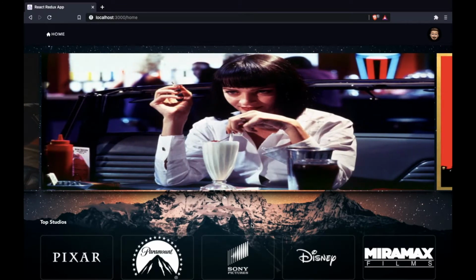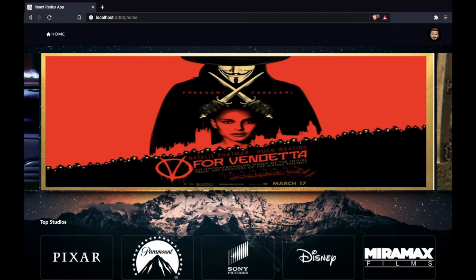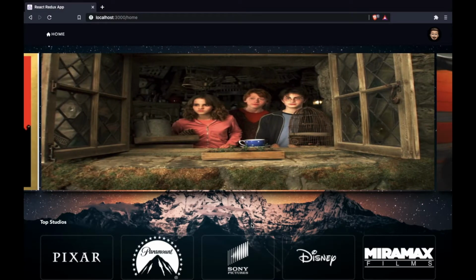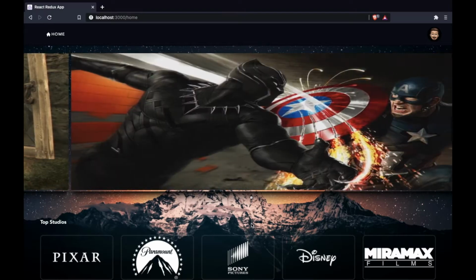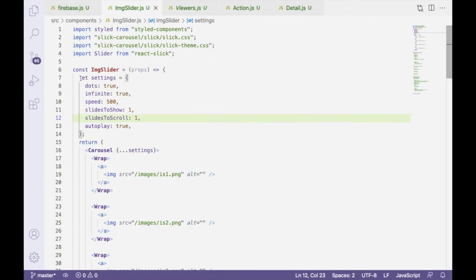In the home page, firstly we have the image slider. These sliding images are powered by React Slick components. To set up these sliders, first we need to define some settings. So the settings that we are defining are: